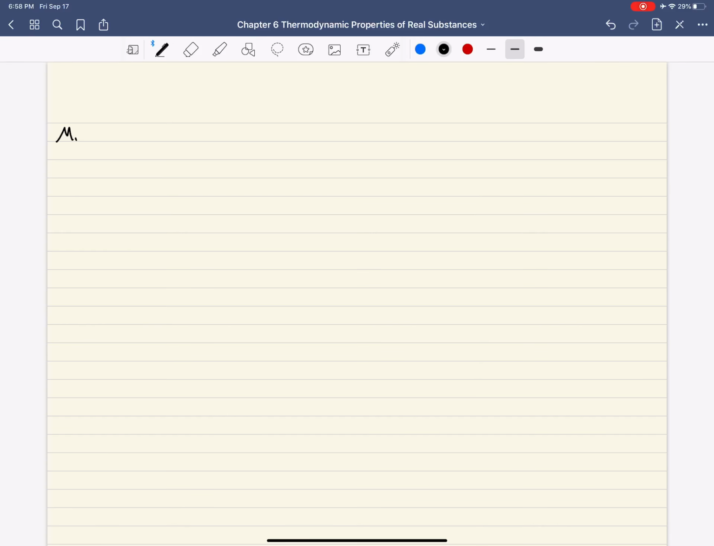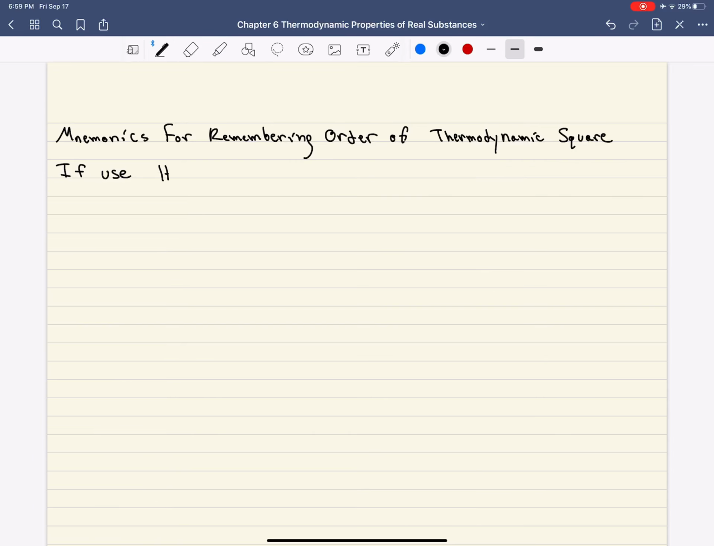And so, just as a mnemonic for the order that you need to write the thermodynamic square in, there are a couple of different ones. Okay? And so the mnemonics are going to depend on if you use F for the Helmholtz or if you use A. Okay? And so in the event that you use F for your Helmholtz